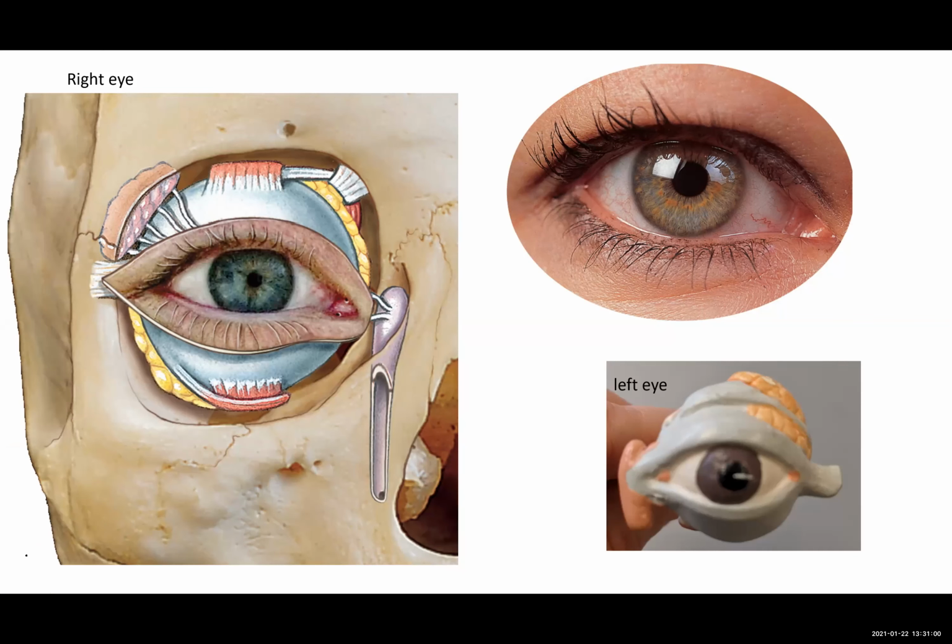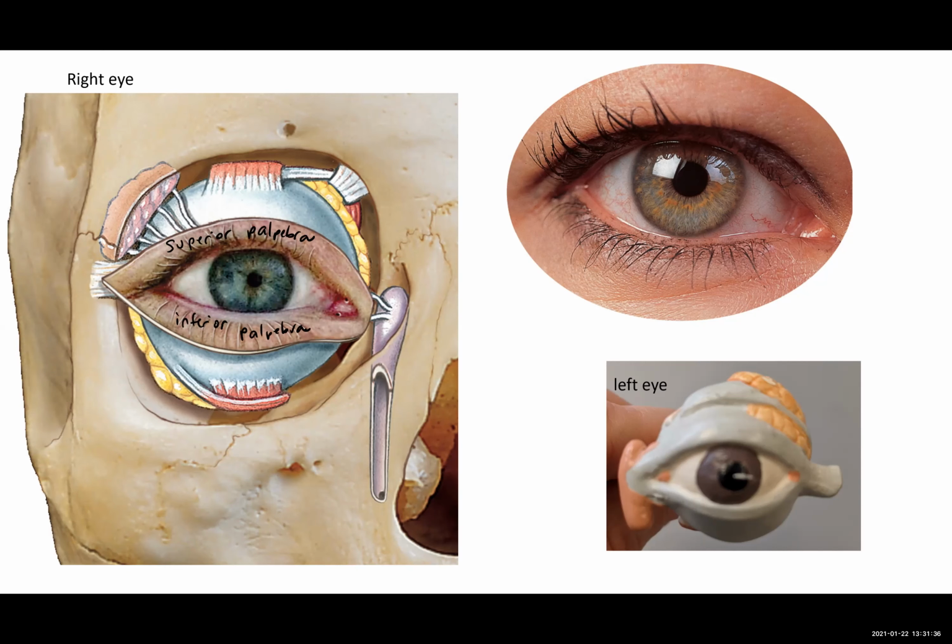When we look at our structure sheet, we see that they start by listing for us accessory structures, and that begins with the eyebrows and the eyelashes. So I think these are things you're familiar with and we don't need to label. We're going to start by labeling then eyelids, and we're going to use the anatomical description here, which is palpebra. So we have a top or superior palpebra and then an inferior palpebra. If we want to refer to both of these, the plural form is palpebrae, and that's going to have an